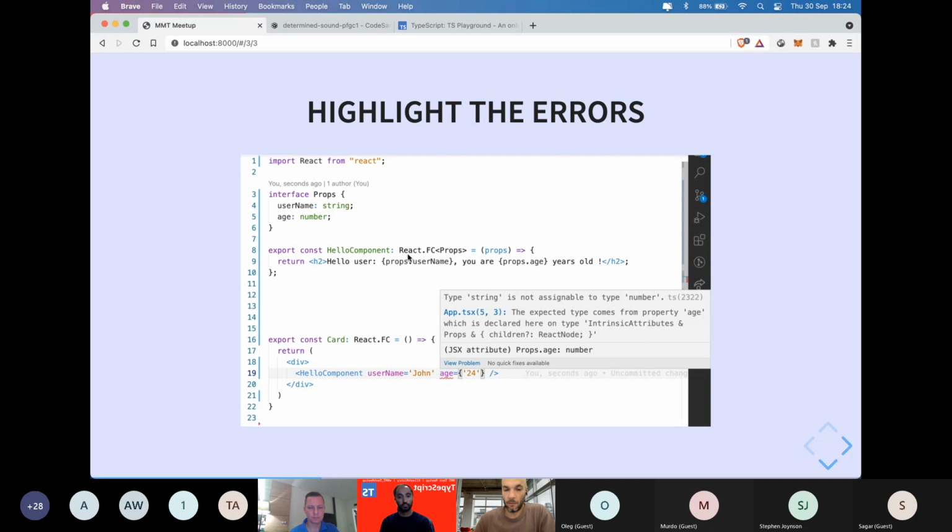Another really cool feature is that if we pass the wrong props in the component, we get a red squiggly underneath the props. In this case, we are trying to pass 24 as a string and not as a number as defined in the interface here.